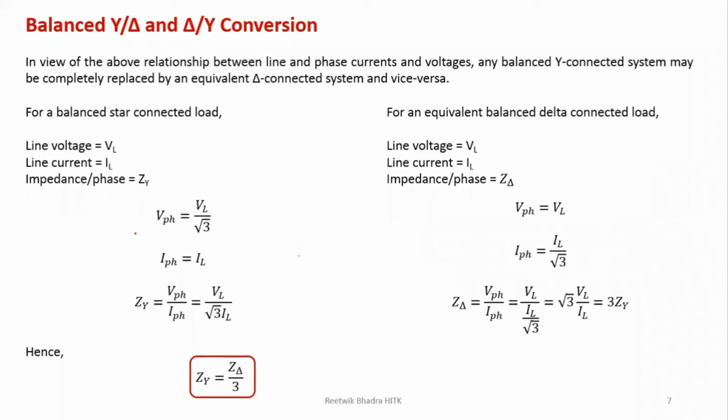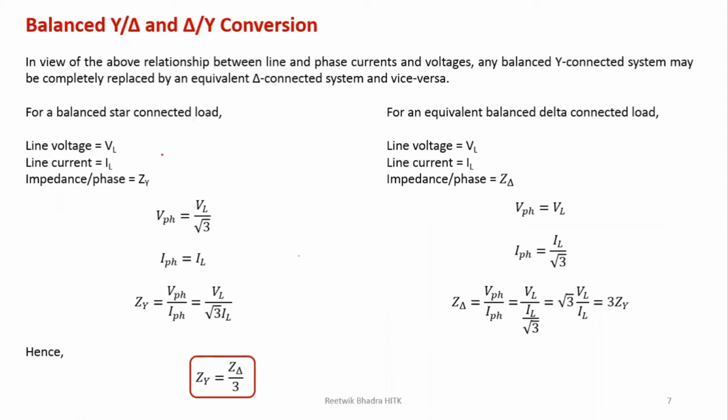For this star, VL equals root 3 VPH, so you can write VPH equal to VL by root 3. IPH equals IL in case of star. So what will be ZY? Just now I told you VPH by IPH, so VL by root 3 by IL. You'll get VL by root 3 IL. Now if you want to convert this star into an equivalent delta,